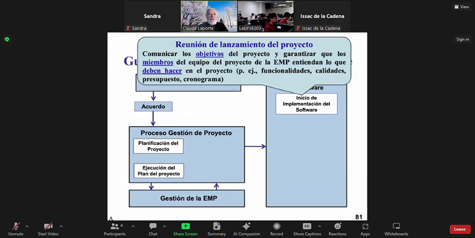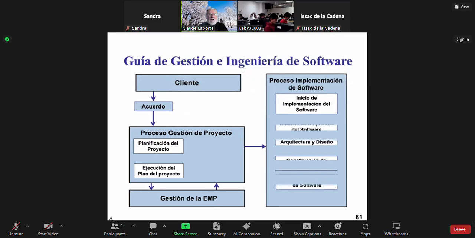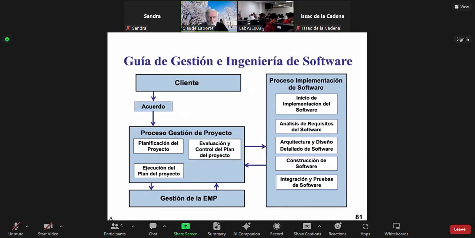So this is a meeting that lasts 15, 20 minutes to make sure that everyone knows what it has to do, the role of everyone, and then you do the typical technical activities of a software engineering process, and as you perform those activities, you evaluate the progress of your project against the plan, okay? Because you have planned and you have a calendar with the list of things that you deliver to the customer. So you want to evaluate if you are within budget, within calendar, and eventually you finish your product and you deliver